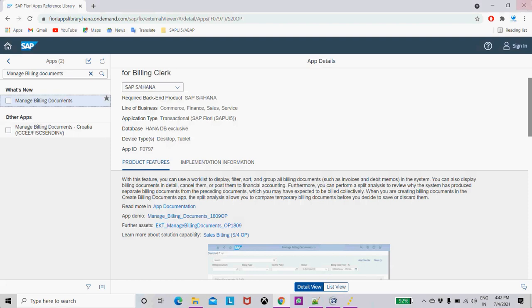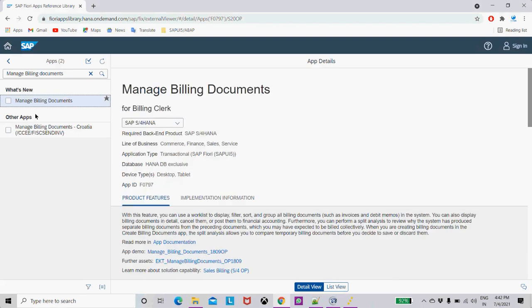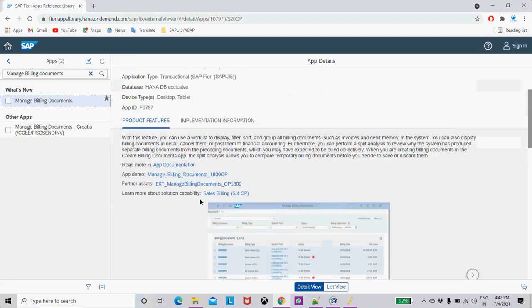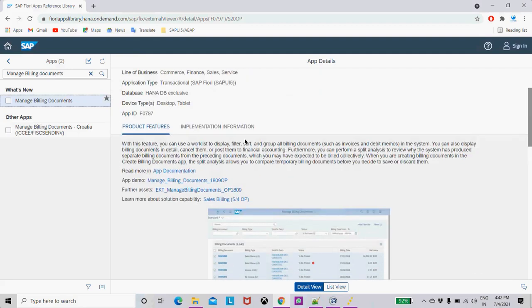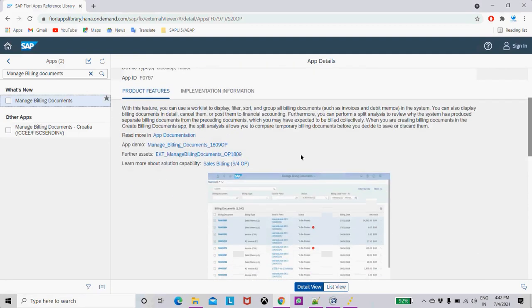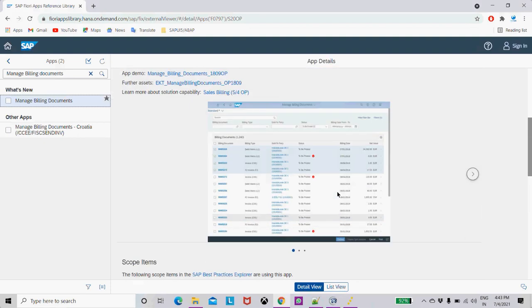How it works: let's say from the client I have the requirement of Manage Billing Document. Whatever the requirements are that need to be fulfilled for the client, the functional guy will check. He will come and search for Manage Billing Document in the Fiori apps library. After that, he will go through all the product features and the description given. Once all the features are fulfilled, and after discussion with the client that this is the right app that we want to activate,